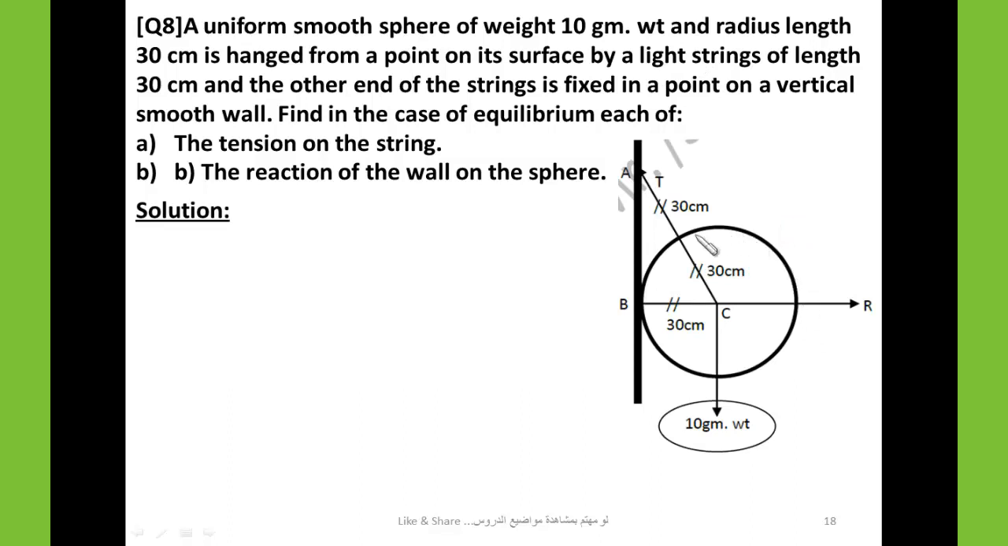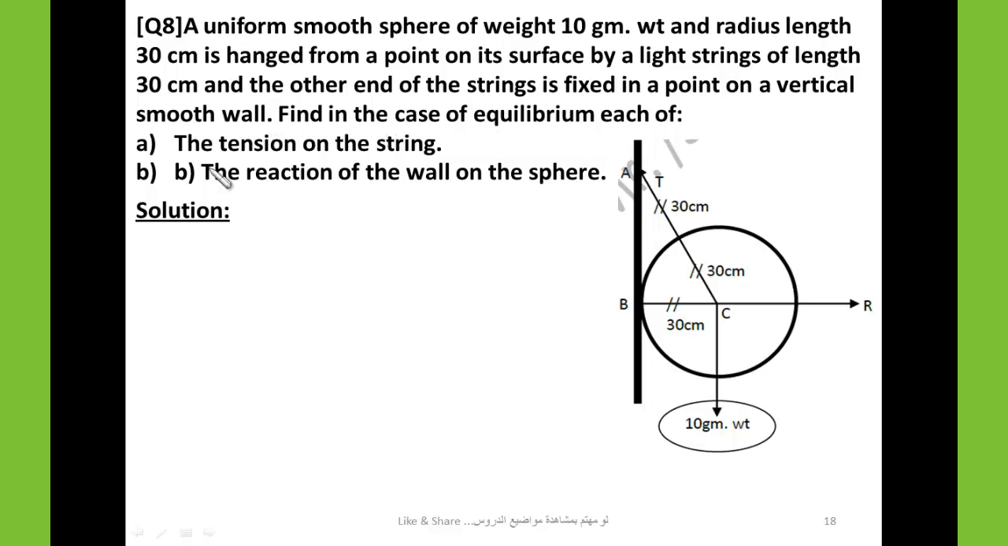We have here the smooth sphere. It's hanged from a point on its surface by this string of length 30 centimeters according to the given. And the other end of the string, here is the string, the other end at the point A, hanged on a smooth vertical wall. Okay, a smooth vertical wall. Find, in the case of equilibrium,